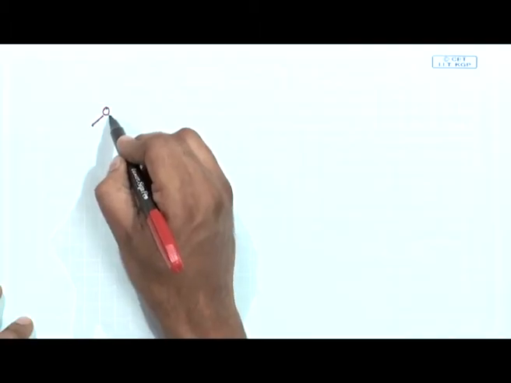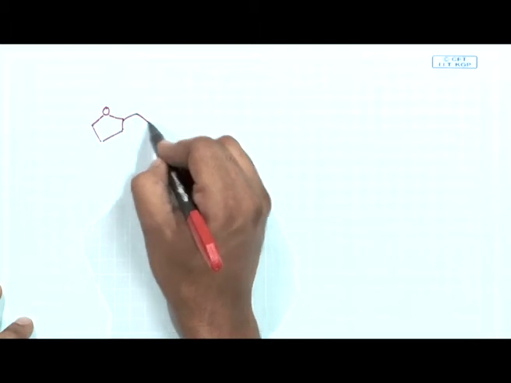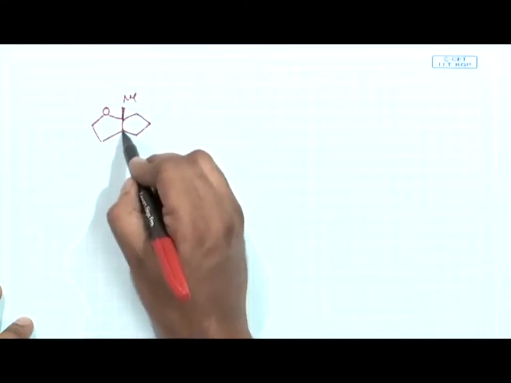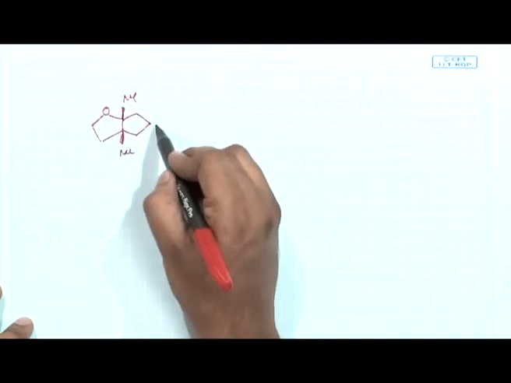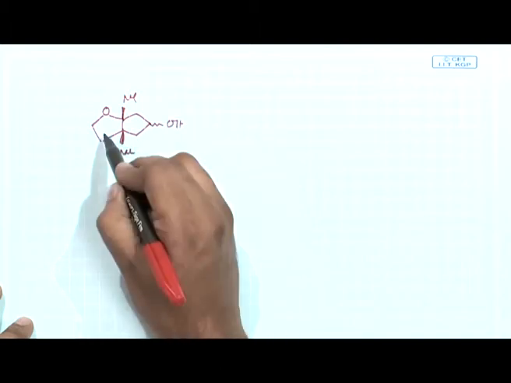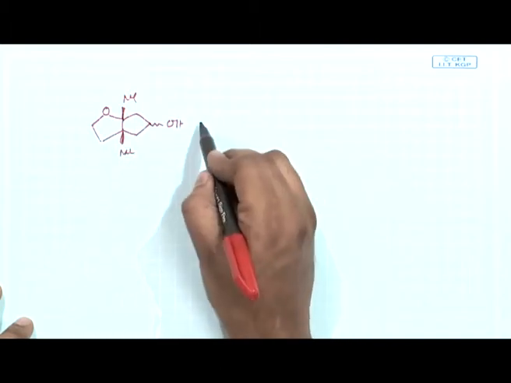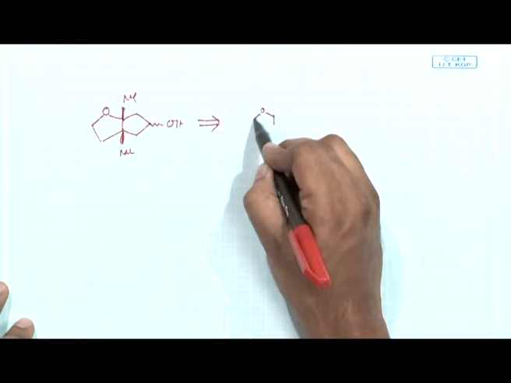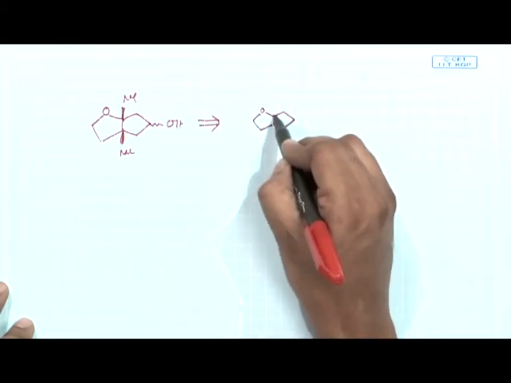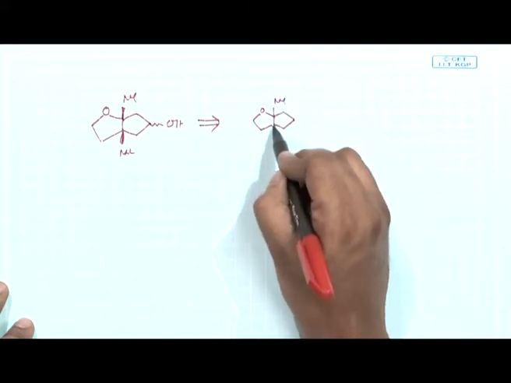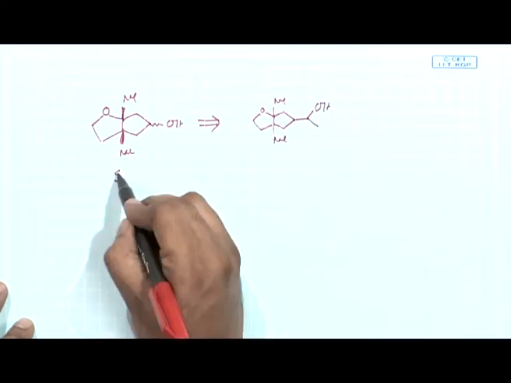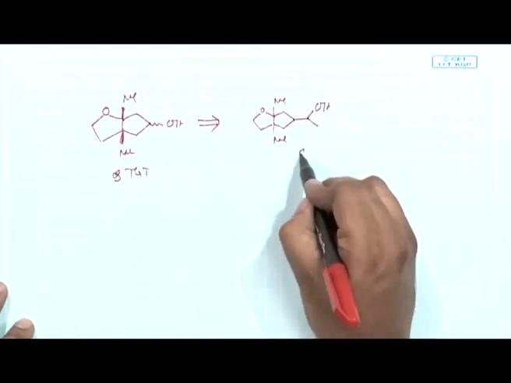The next one will be a similar kind of example. It is basically a bicyclic compound. The left-hand compound is a tetrahydrofuran fused with a cyclopentane. You have two angular methyl groups. The angular methyl stereochemistry was given, but we won't talk about the stereochemistry here. Now, the starting material was given, so I have provided it to you. Sorry, this is the target and this is the starting material.